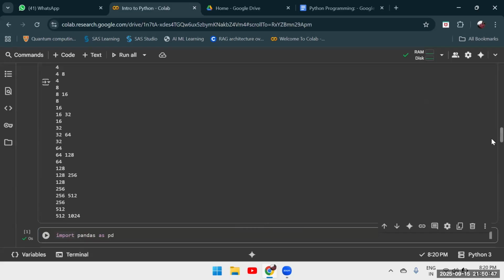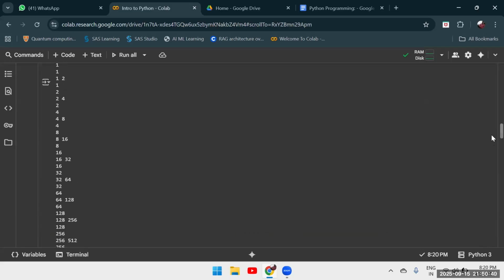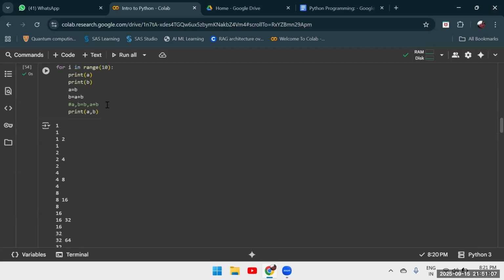So basically, this is the Fibonacci numbers, right? So it's like 1, 1, 1, 2, 4, 8, 16, 32. So it's basically displaying the sum of the last two numbers overall, right? But before we understand this part as well,